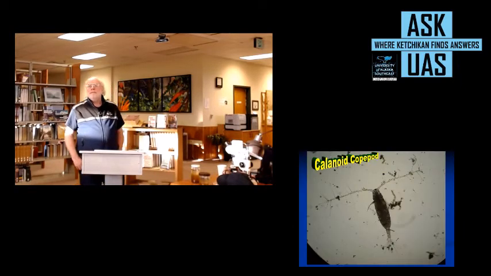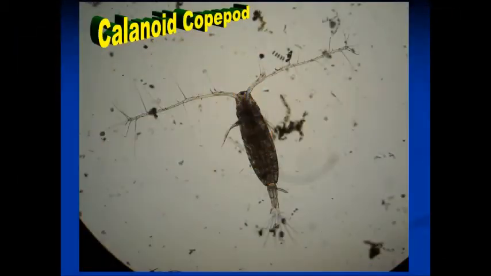Go to the next slide. Okay, calanoid copepods. Again, pink salmon love these things as they're coming out of the local areas. In fact, people have done studies on calanoid copepods and related them to survival and return rates. In fact, NOAA's most successful predictive tool had to do with a lot of these kinds of organisms, the early marine survival in the first month of marine life. We think that a lot of the survival of our fish, like salmon, is associated with